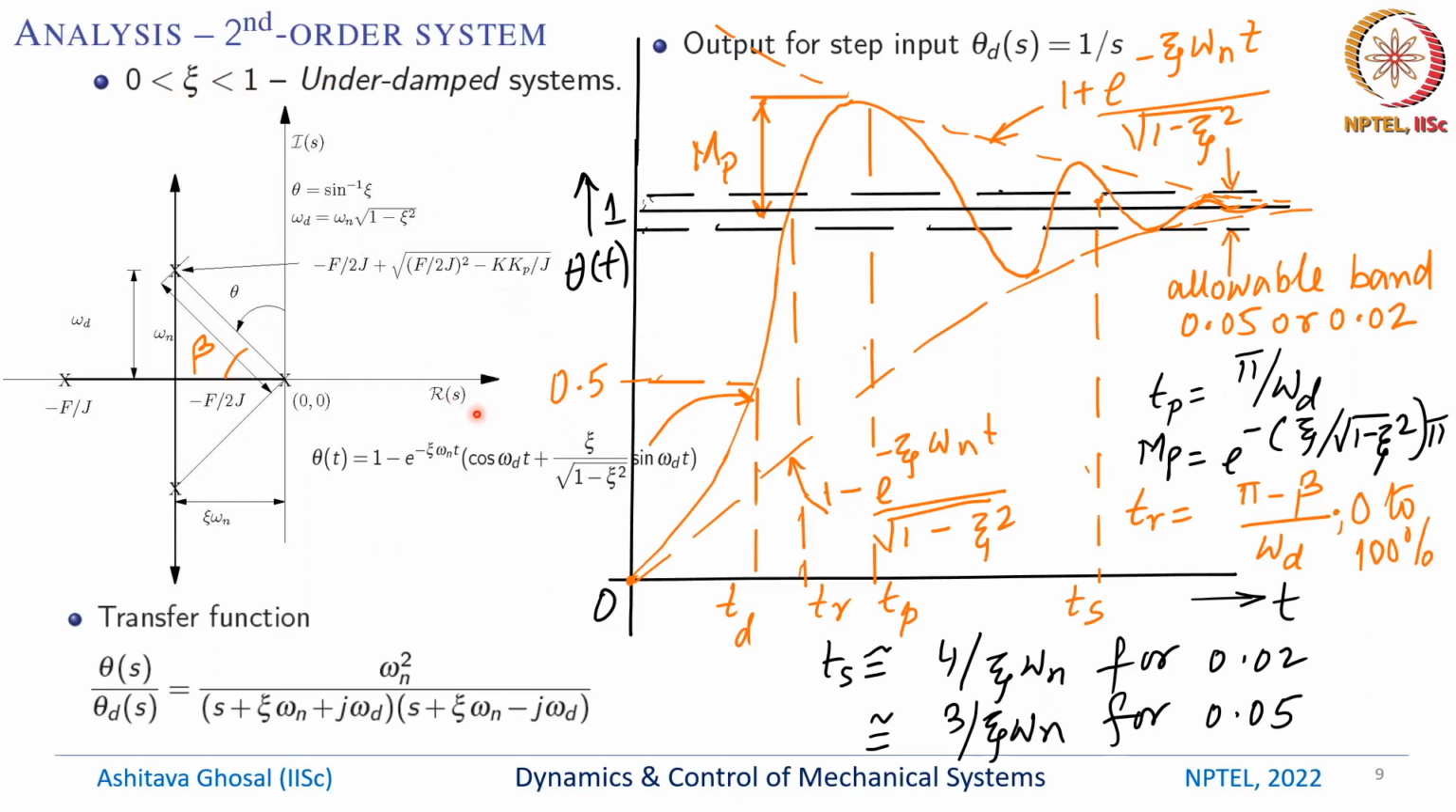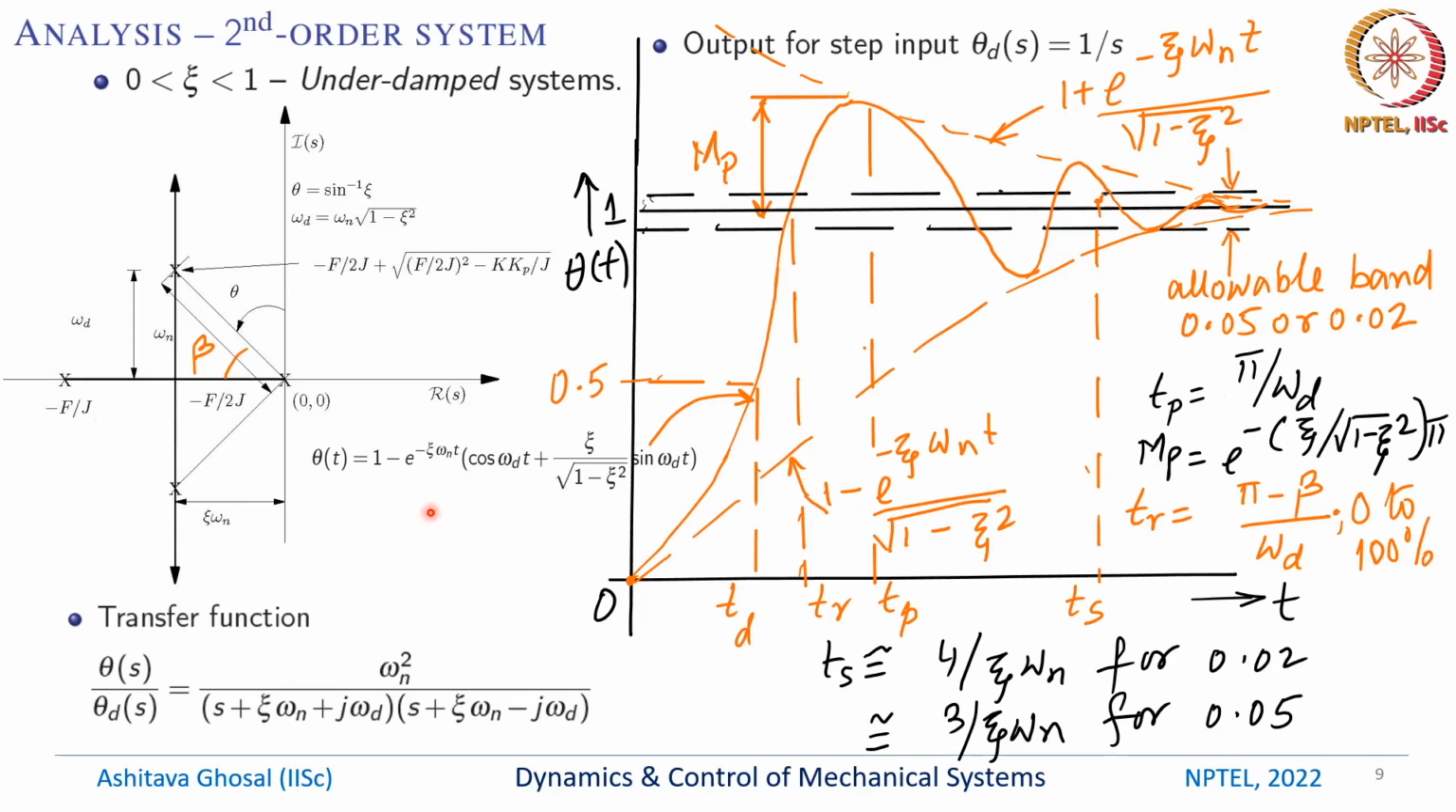So there are lots of figures and lots of material in this slide. So let us go over slowly. What I have on the left hand side of this slide is the S plane. This is the real axis, this is the imaginary axis. The open loop poles are at 0 and minus f by j. We are still looking at the single link rotated by a DC motor, and we had derived the equations of motion, and then we had derived the transfer function, and we had written it in terms of the natural